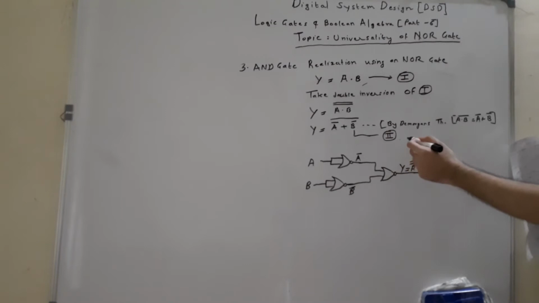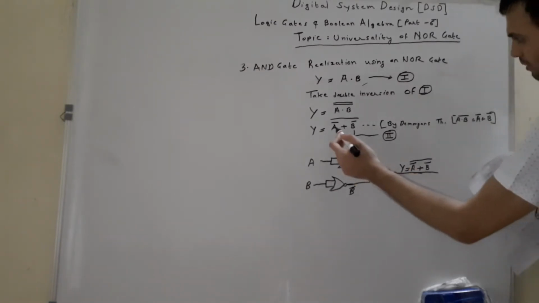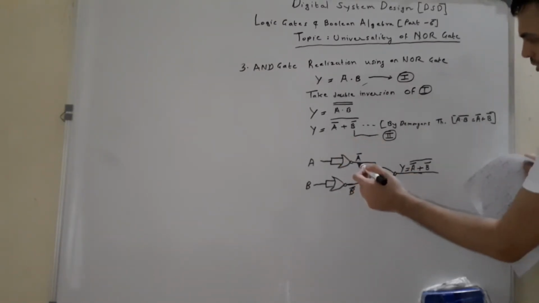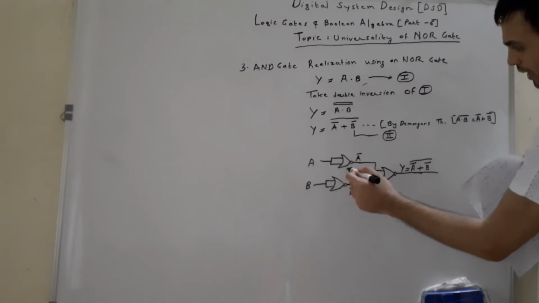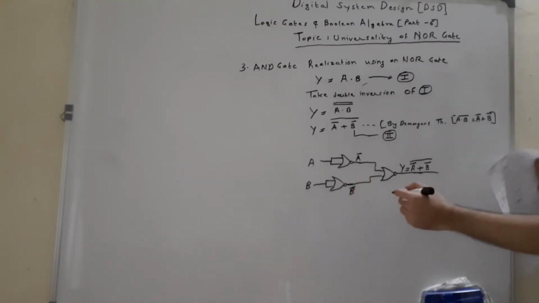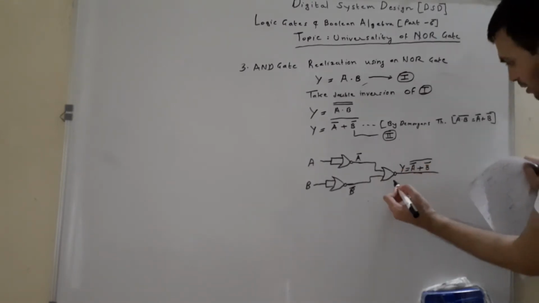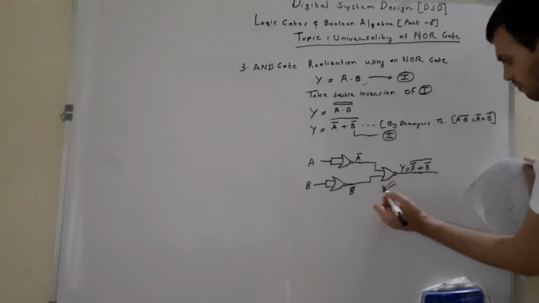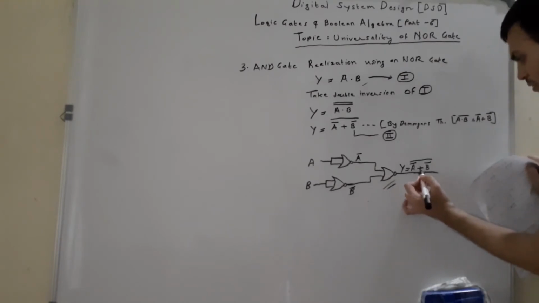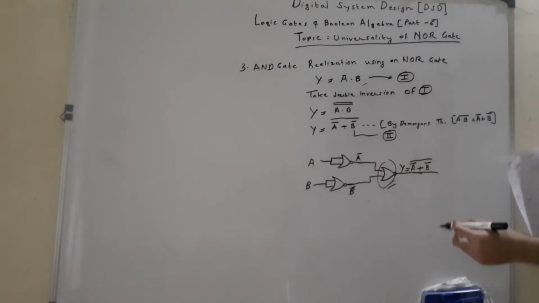Now we want to realize a digital circuit, or AND gate circuit, using only NOR gates. So what was this expression? This is A bar plus B bar. These are NOT gates made using NOR gates, so this will give me A bar and B bar, and these are added and one complement is there. For that this final NOR gate is used. So for addition of these two and the final complement, this particular NOR gate is used. So this is how you realize an AND gate using a NOR gate.